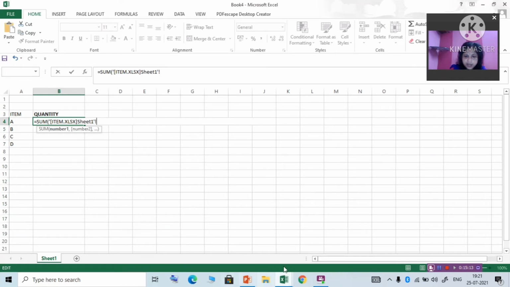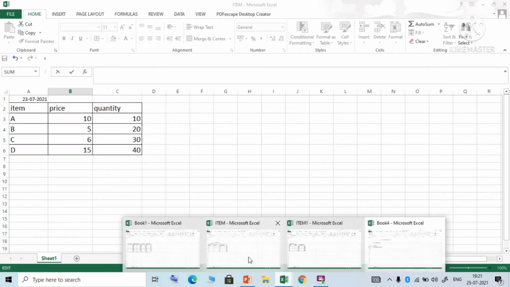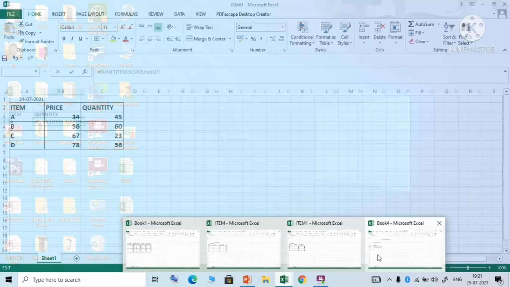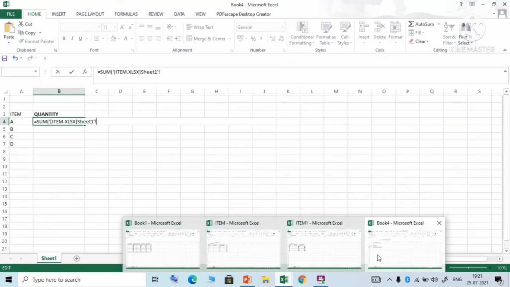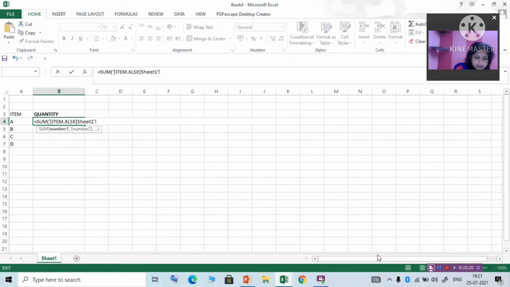The data is present in Sheet1, in C3. Here we write Sheet3, then give a comma for the next one.